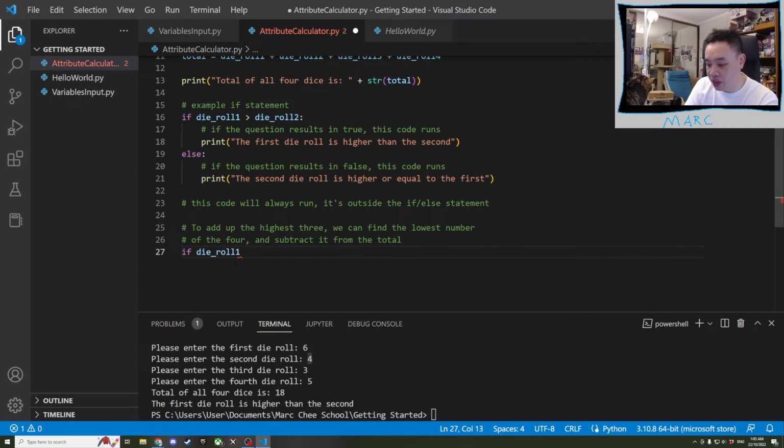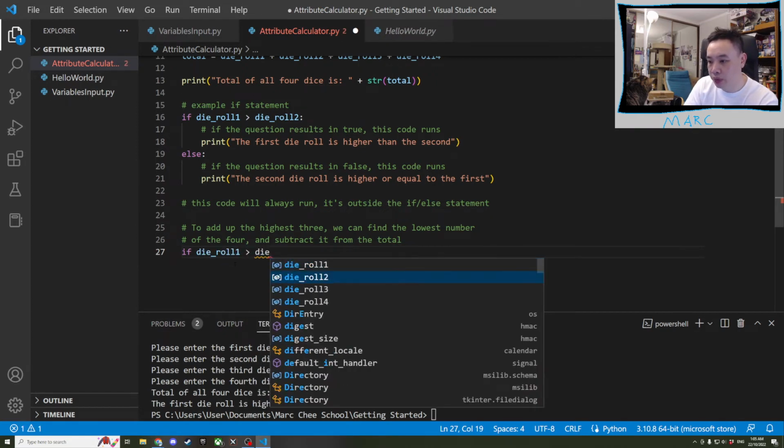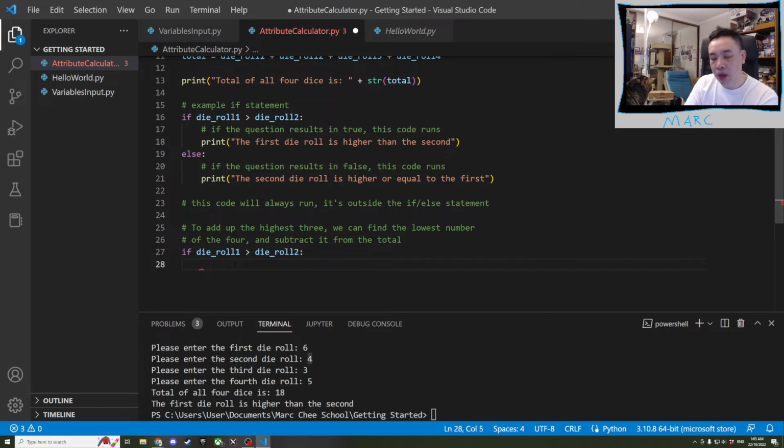So I'm going to use the same question as I did before. If die roll 1 is greater than die roll 2, then I know that die roll 1 is not the lowest. So I've just narrowed down my problem. Now I'm only looking at 3 numbers. So if die roll 1 is greater than die roll 2, then die roll 1 cannot be the lowest, which means now I need to look at die rolls 2, 3, and 4 and see which of them is